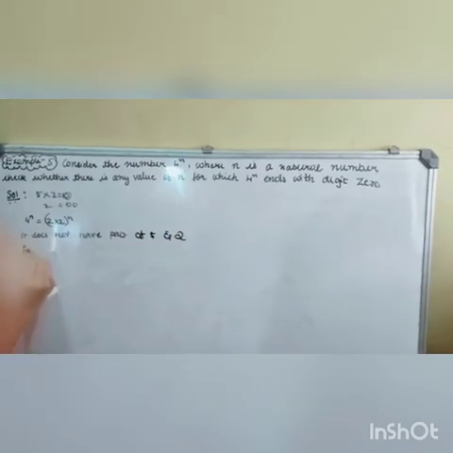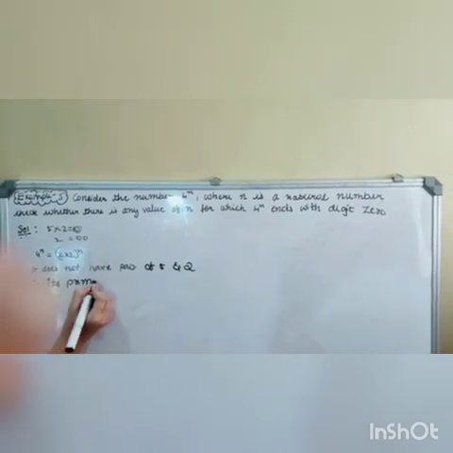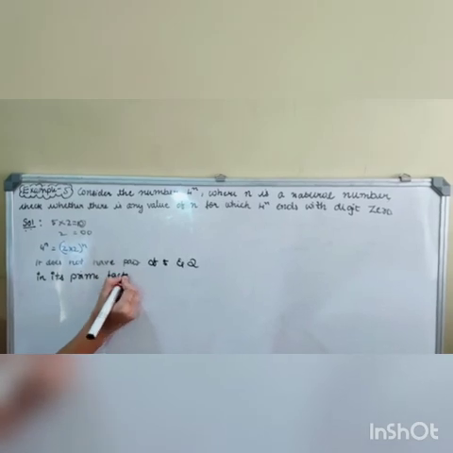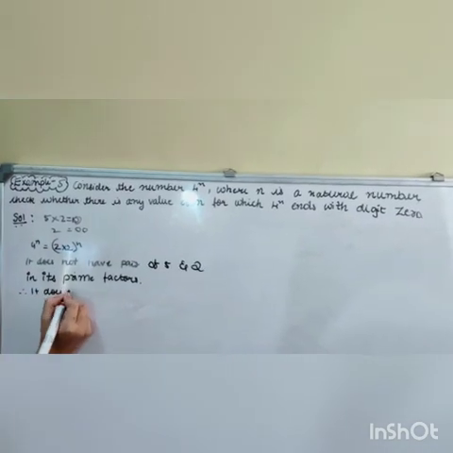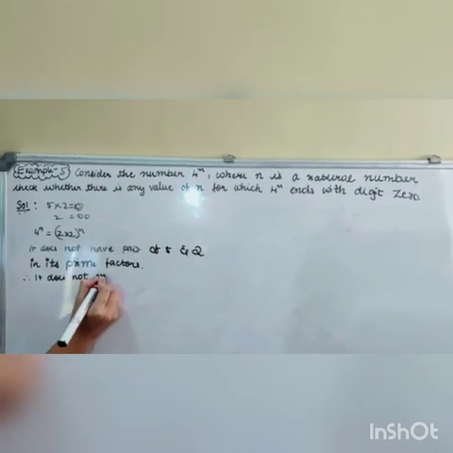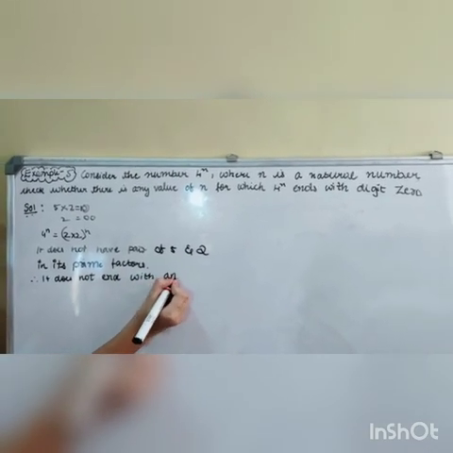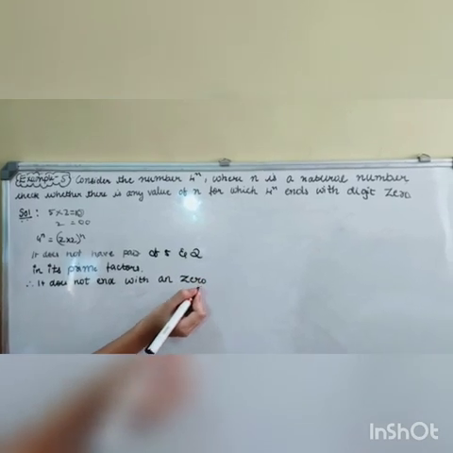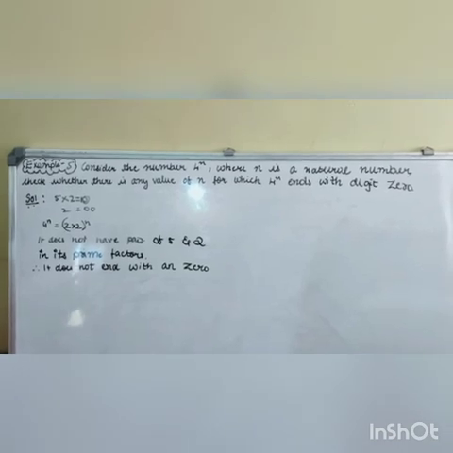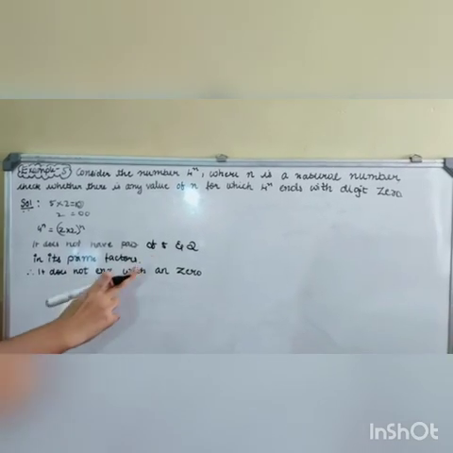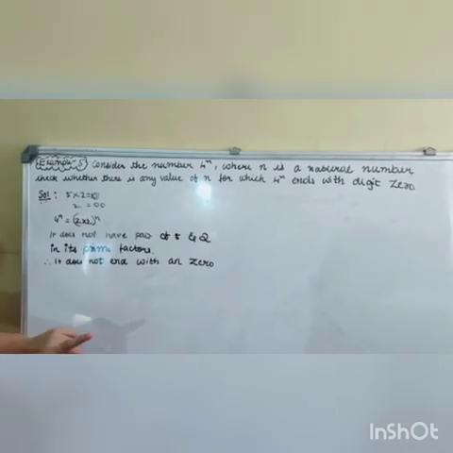So in its prime factors, we can conclude that it does not end with any 0. So we can write that where n is a natural number, if it should end with 0, then it should have the pair 5 and 2. Then this 4^n does not end with any 0. This question is